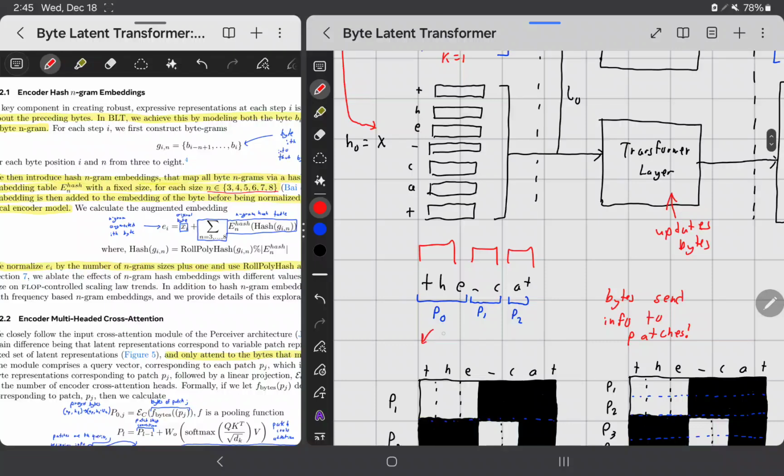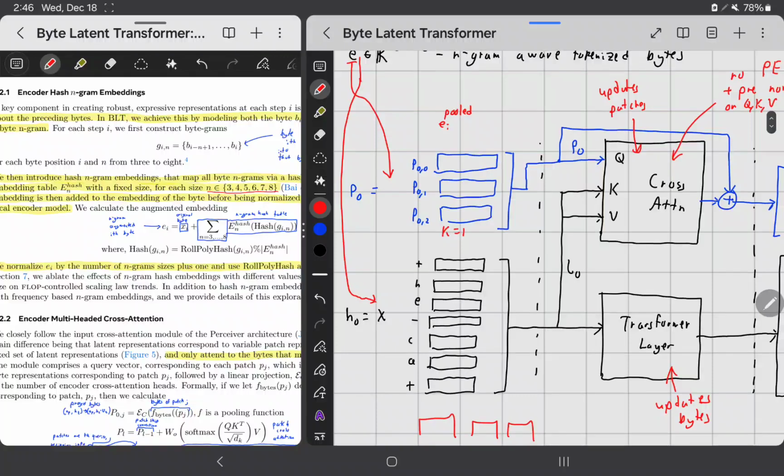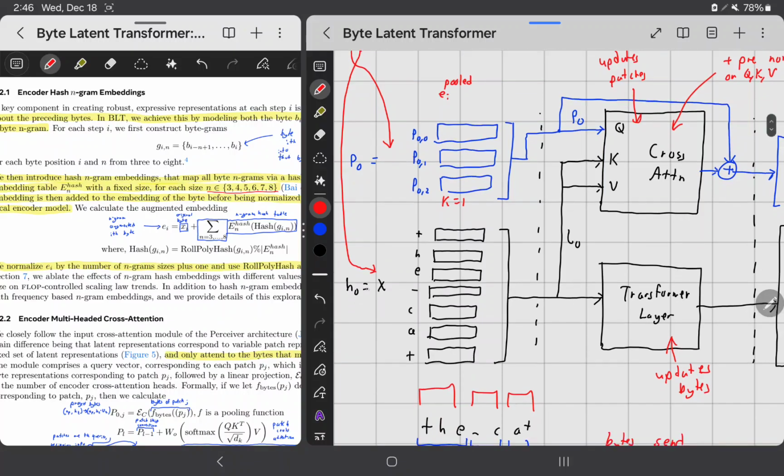So P0 would go into 2 patches, P1 would go into 2, and P2 would go into 2. So that's just what K equals 2 means. And you can increase this for whatever size. I'm going to be using K equals 1 because it's easy to draw. So now that we have our initial sequence and we have our patch sequence that we're ready to distill in,